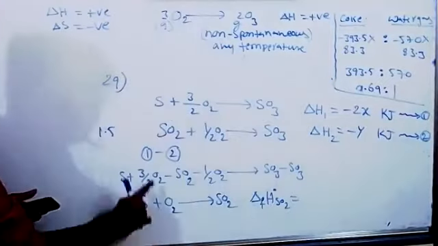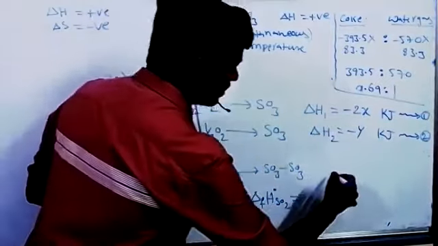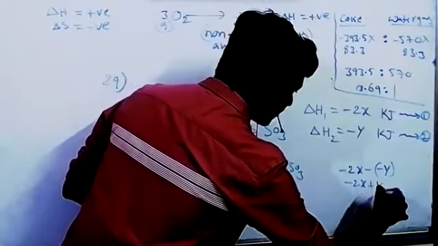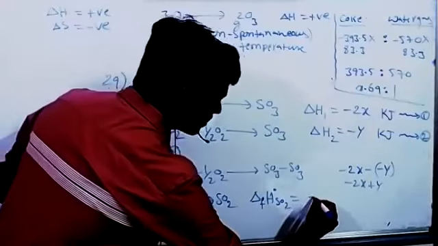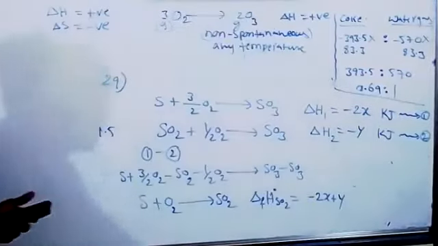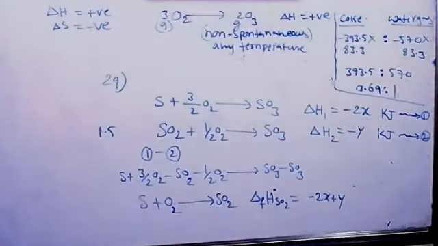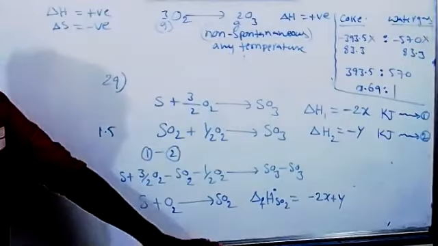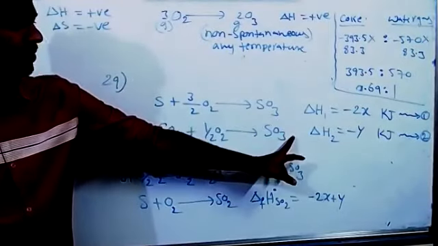Equal to how much? So we did 1 minus 2. Minus 2x minus half minus y. Minus 2x plus y. So this is the answer. Is there any option in this? Minus 2x plus y? No. So option not given. Option not given, that is 29. Yeah, none is given. So actual correct answer is this one, minus 2x plus y. So if you apply directly here plus 2x plus y, you will get wrong answer surely.